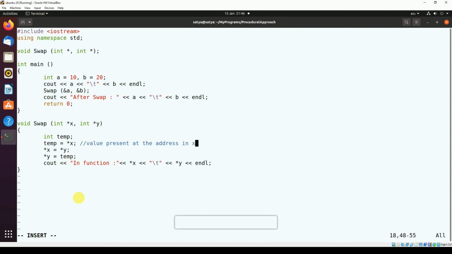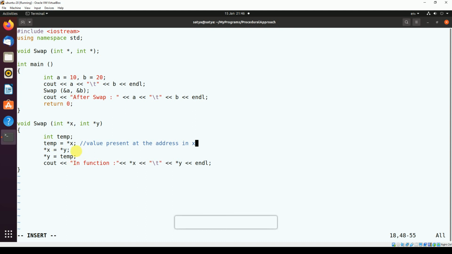So in address x, whose address is there? It is a. So the value present at the address in x is 10. Okay, so the 10 value will be copied to temp.